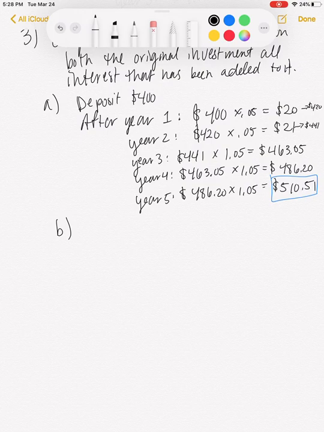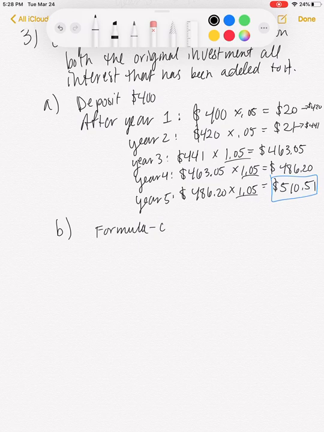And we've seen that before in other places. So notice that I'm again multiplying by 1.05 here several times, and every year I'm doing that. So every year I'm going to multiply by 1.05. That means I'm going to take 1.05 and raise it to a certain power, the power of the years. Okay? So the formula,